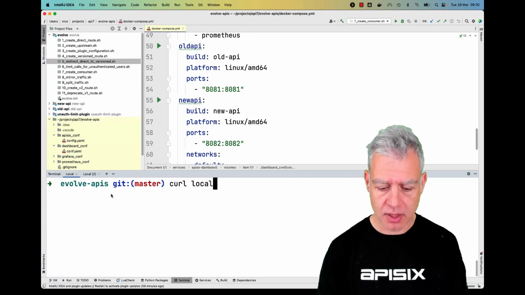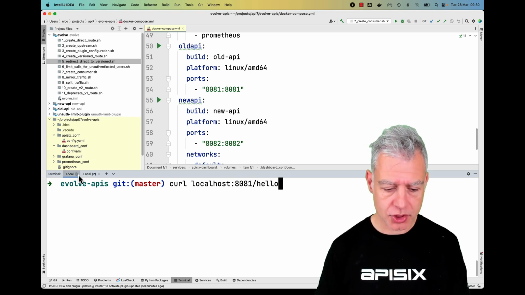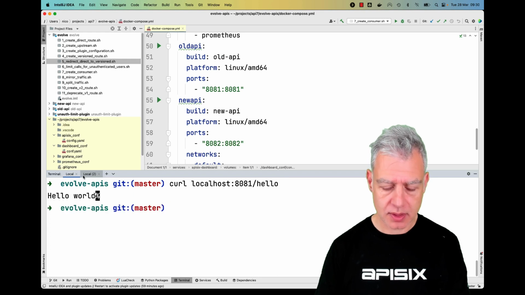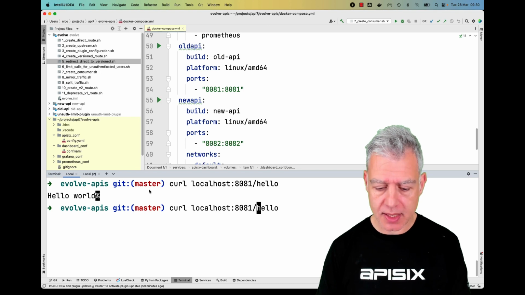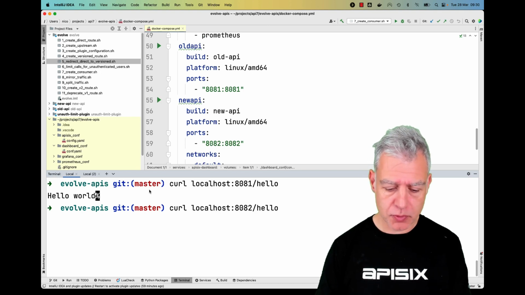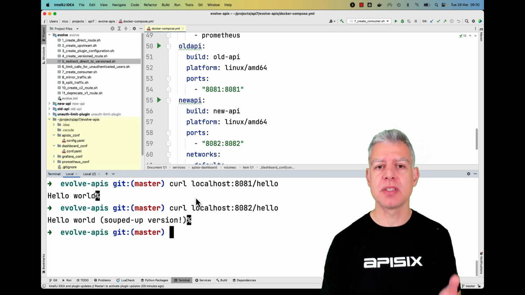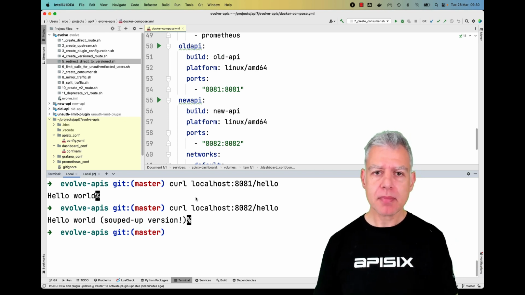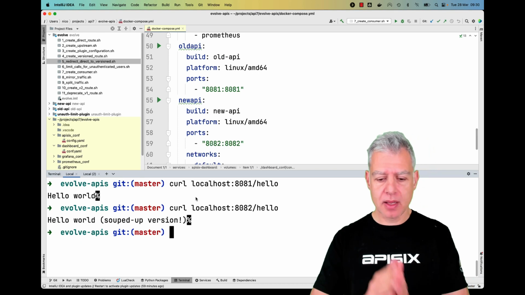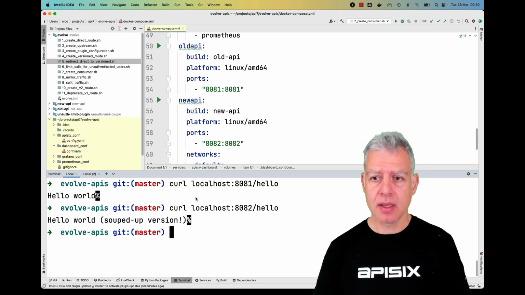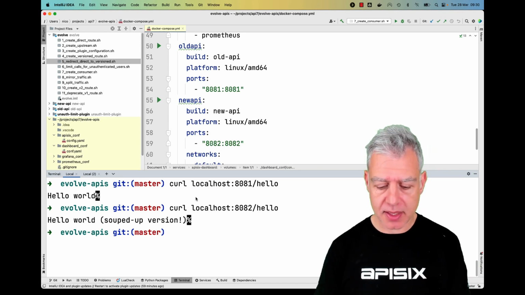Curl localhost:8081/hello. Let's check. Yes, it works. That's my old API, and the new version is obviously much, much better. So the idea is, how do we move from one API to the other? As I mentioned, the API gateway should help you. So we can try to call it,